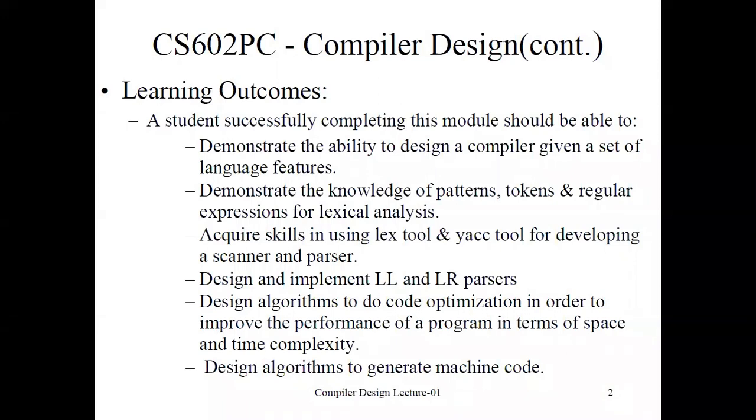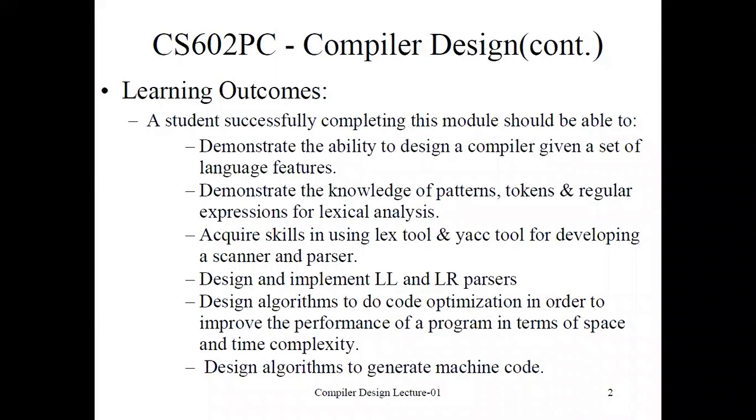So the prerequisite to continue this course is formal language and automata theory. That prerequisite is essential. Then other prerequisite concepts are related to computer architecture and organization. In that, the concept of assembly language, then writing code in assembly language using mnemonics like move, add, sub, etc. So in the code generation phase, we'll use the same concept here.